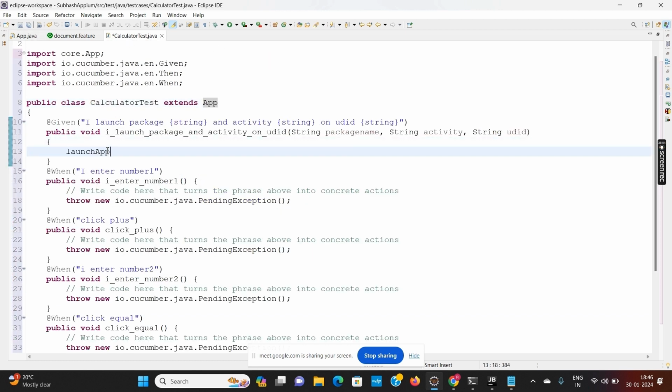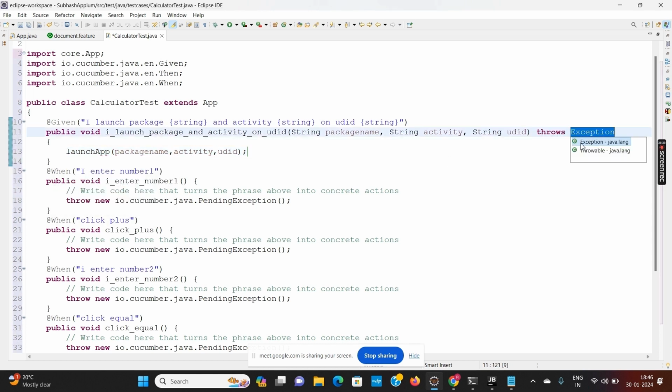I will call this launchApp, and like I was passing the data, Chrome and URL, similarly I will pass this data: package name, which I am getting from the document.feature file, then activity name, and then UDID. So it will pass the values and it will launch the app.